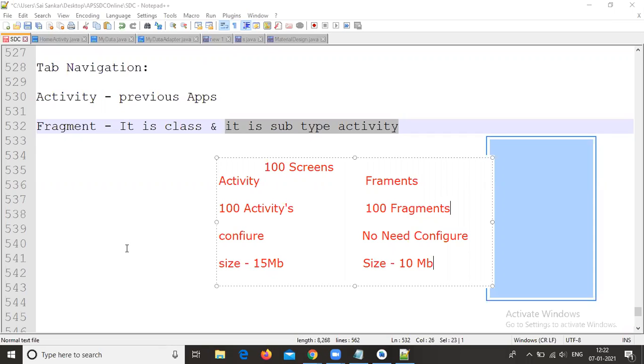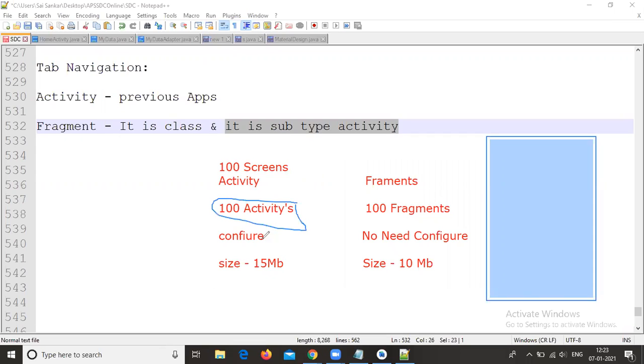I think you already know the difference between activities and fragments from this example. If you create these 100 screens with activities, you need to create 100 activities and configure them in your manifest.xml file.